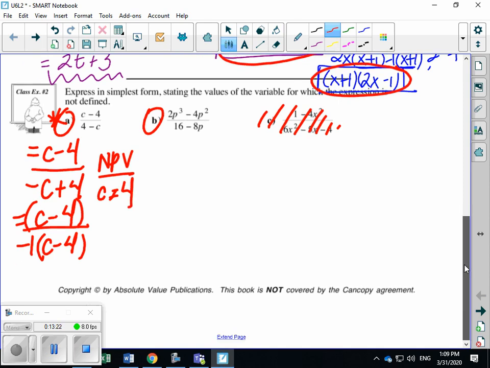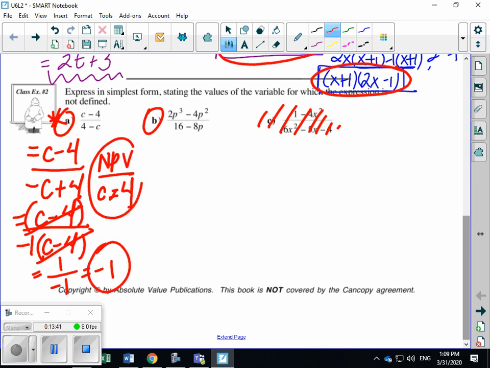Okay, now simplify. What can I cancel out? I can cancel out the C minus 4 on top, the C minus 4 on the bottom. So what are we left with? We're left with 1 divided by negative 1. What's 1 divided by negative 1? Well, that's simply just negative 1. Okay, so our answer is negative 1, and don't forget we had stated our restrictions, which is C cannot be